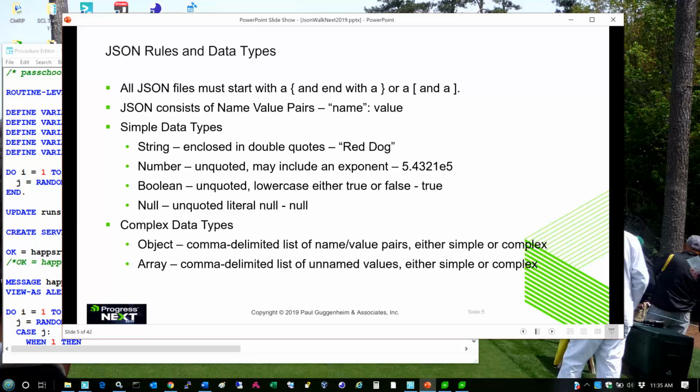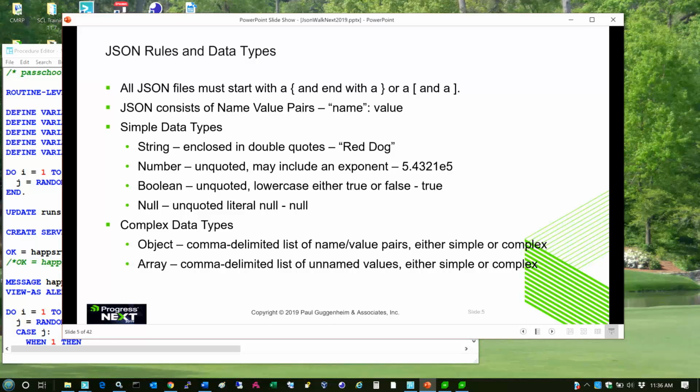Boolean, unquoted, lowercase, either true or false. Null, kind of like the unknown value, also in lowercase. Remember, this is JSON, which is JavaScript. JavaScript is case sensitive, so if you're generating JavaScript, make sure the case matters on